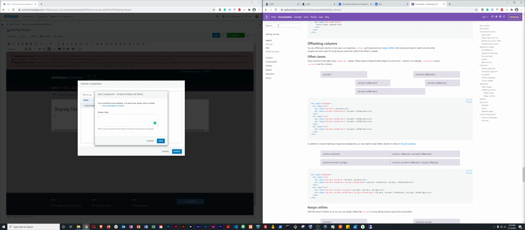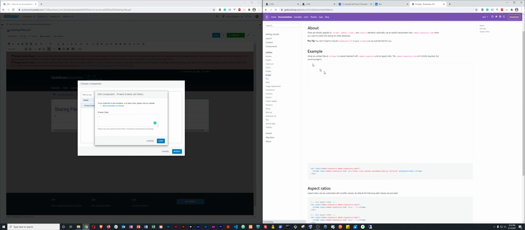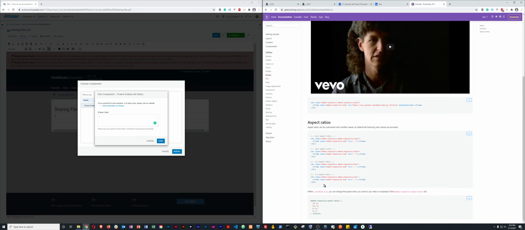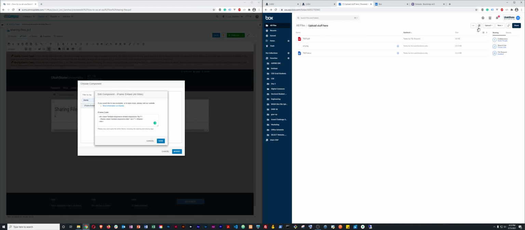You'll also remember that we did some cool stuff with Bootstrap to make the iframe look really pretty. So go back to that video if you need to see how to do that, but I'm just going to copy that in there real quick. So that way we have that, and then I'm going to go to the actual folder I want to share,